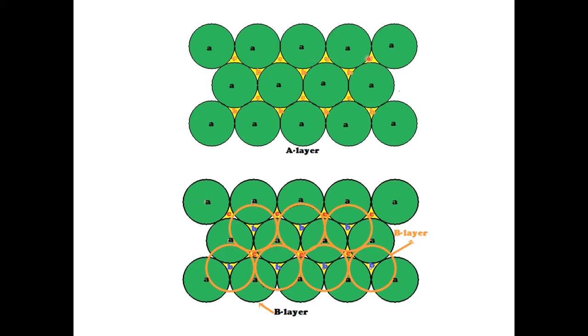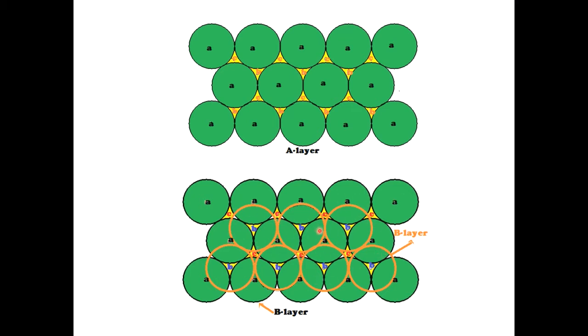This vacant space is known as a void. There are two types of void, denoted by C and B. When the second layer is applied on the first layer, how is it filled, with void C or B? The second layer is applied on C or on B, but not both. So we apply the second layer starting with void B. This is the second layer, known as the B layer.